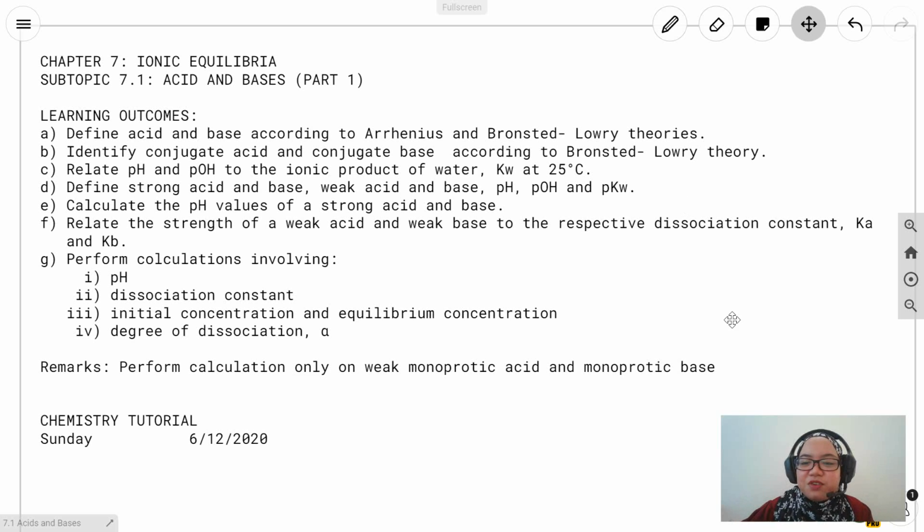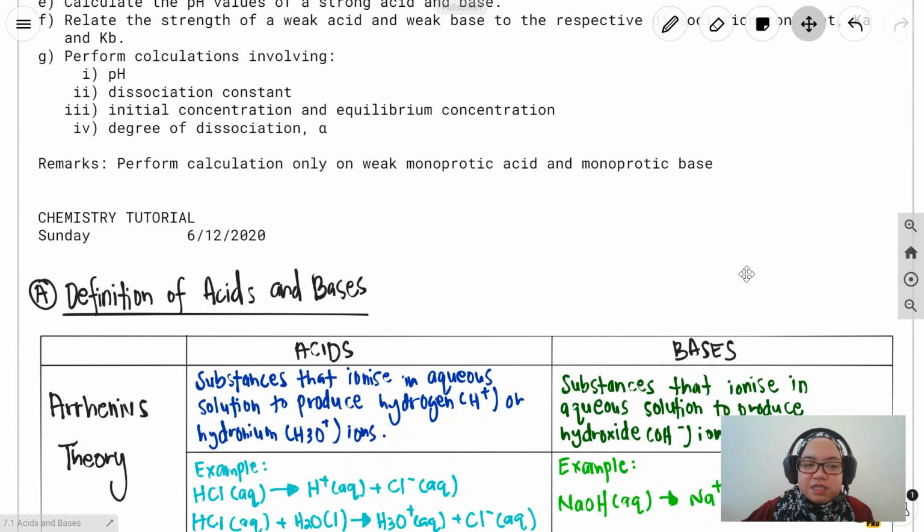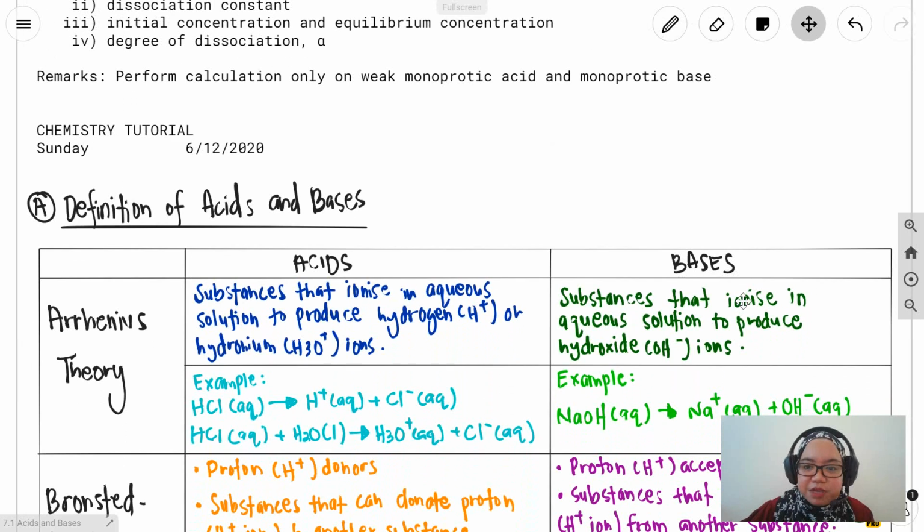So let's go into the first part, which is definition of acids and base. So basically, we have three theories that define the acid and base. However, in our recent syllabus, the theories that we are going to cover are just two, but I'm going to teach you three theories just in case. Okay, the main theories that you are going to learn are two, which are Arrhenius theory and Bronsted-Lowry